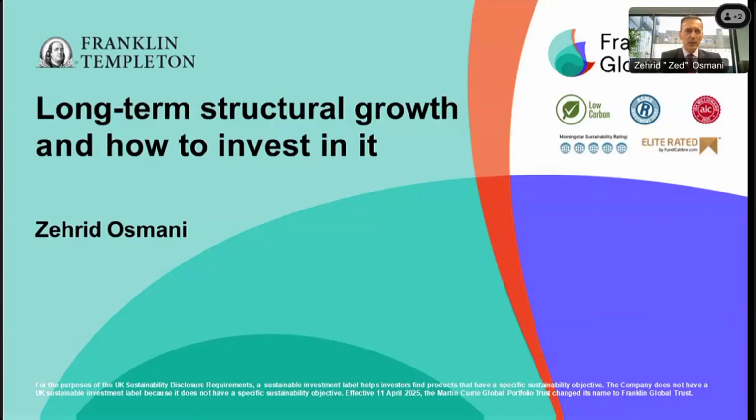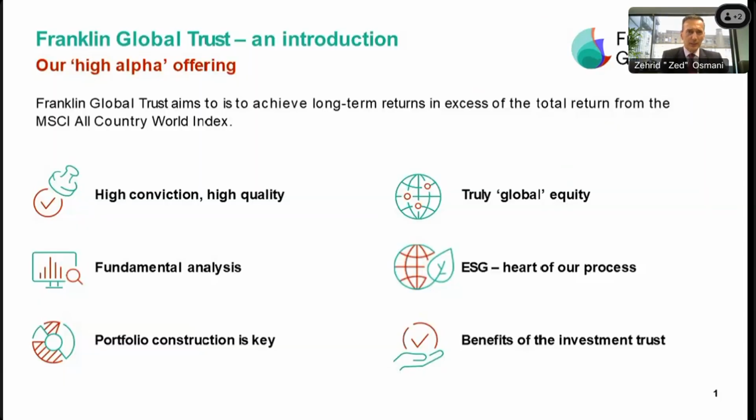We've got a few slides that we wanted to highlight to you, notably in terms of where we're seeing interesting opportunities. But very quickly, I will highlight some of the benefits of the Franklin Global Trust and our approach. We are high conviction managers focused on quality growth. So we deliver high quality list of stocks, at the moment 32 stocks. Fundamental analysis is how we identify the stocks and capture them. We have a valuation discipline, which many of you know about.